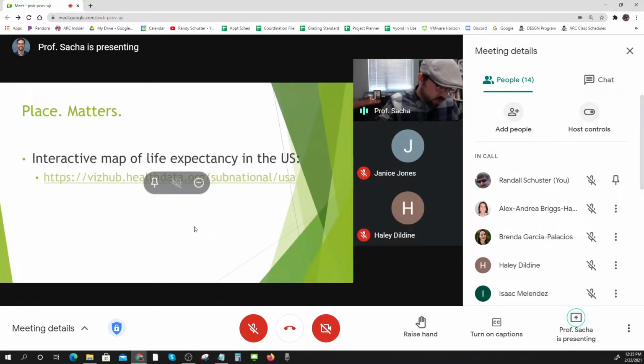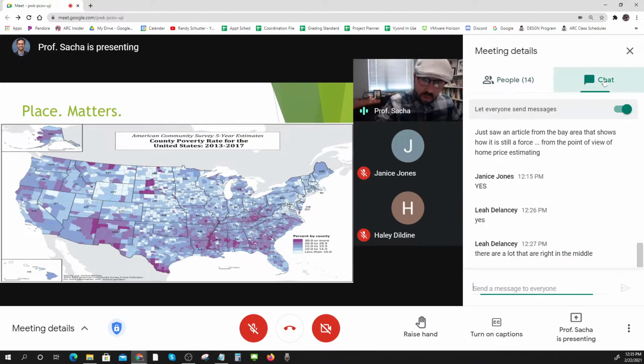So these couple of slides are just to start to cue up the idea that place matters, okay? It matters in a lot of different ways, depending on the outcome of interest, whether it's life expectancy, educational attainment, employment, or social, emotional, or psychological outcomes. Place really, really matters. And to make sense of how place comes to matter, we can look at this map here. This is the poverty rate, by county in the US.